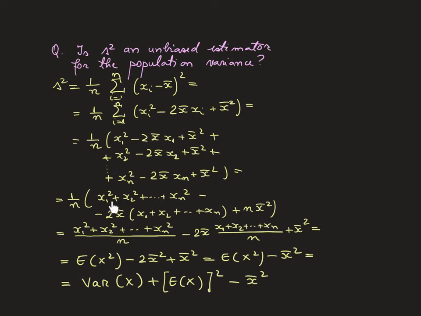First this column, then this column, and I can factorize a 2 x bar. And in this column, I have n times the mean of the sample squared. Now, if I put the 1 over n inside, I get this expression. As you see, this is the expected value of x squared because each value is squared. So it's a mean of this set. Minus 2 times the mean times, and that's again the mean. So I get the mean squared plus the mean squared. So I get the expected value of x squared minus the mean of the sample squared.